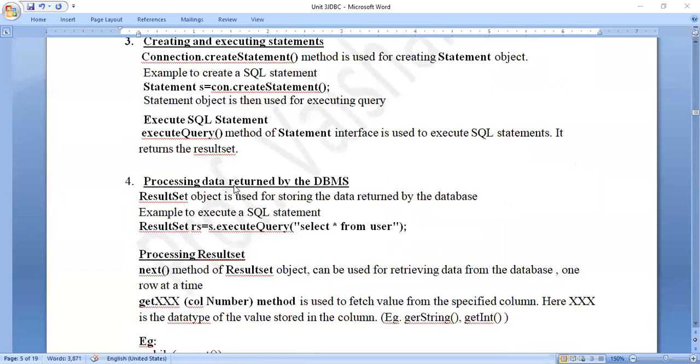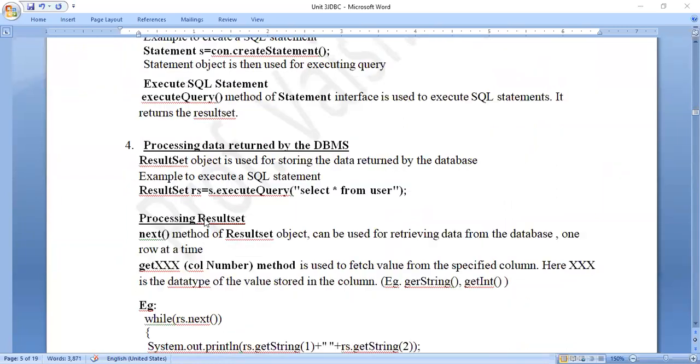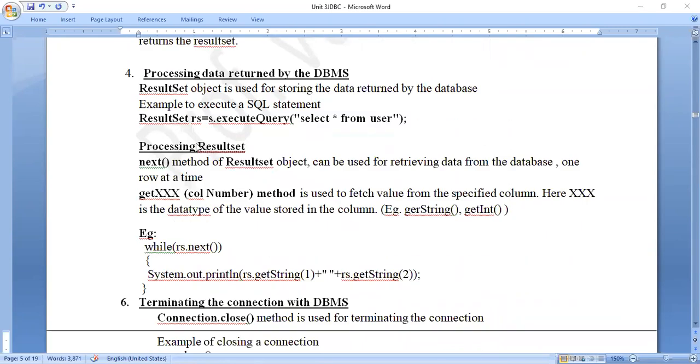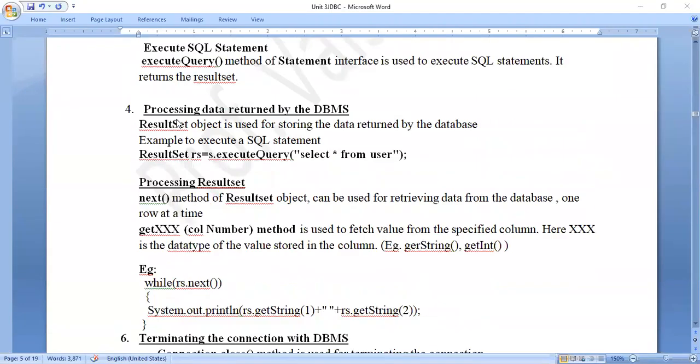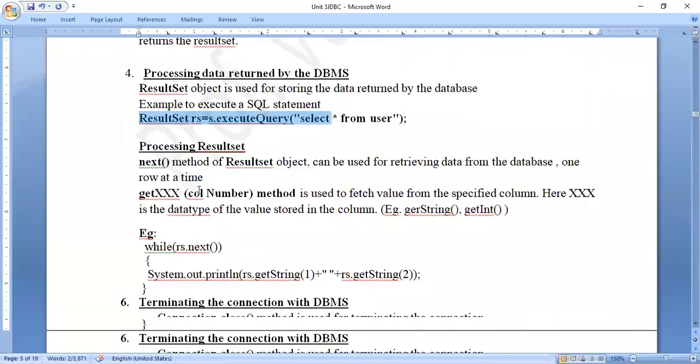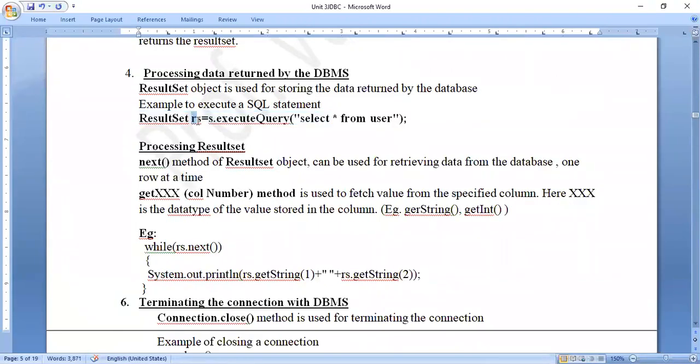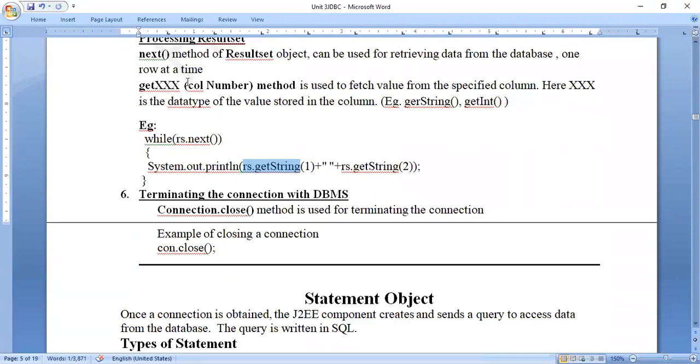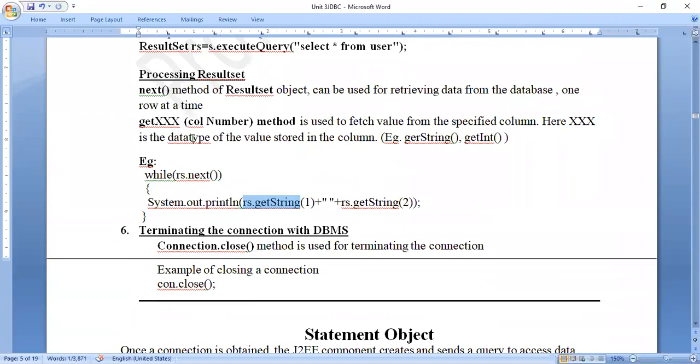Then next step is processing data using the loop, that is processing of the result. Again, here we can divide this particular thing into 2 steps. One is creating the result set by executing the query, and second, after we have got this result set RS, we can iterate through the result set to perform the operation whatever we want, whether we want to print; normally we try to print only. So this is moving through the result set. We can divide it into two. Like this, totally this 5, we can make it 7.